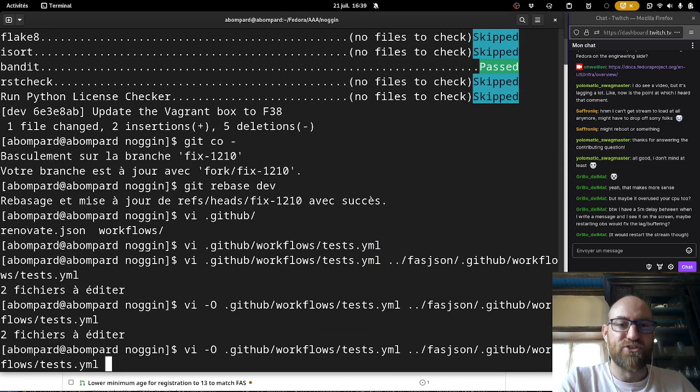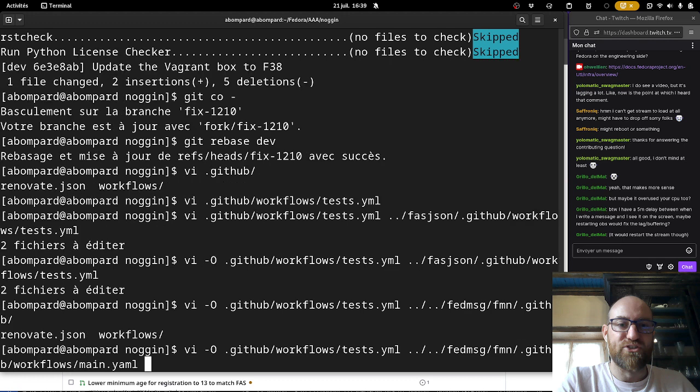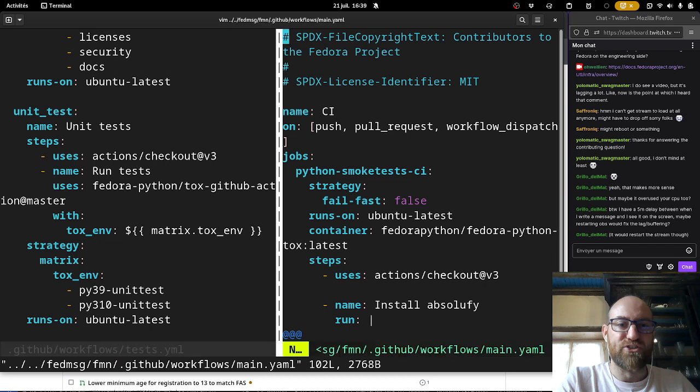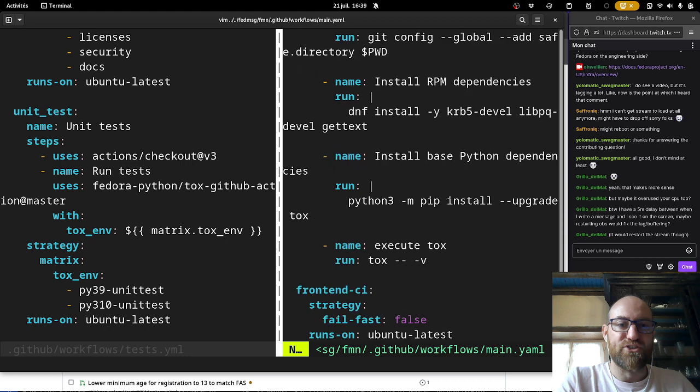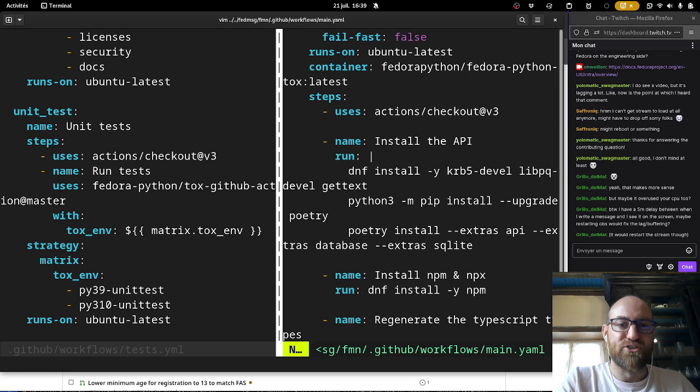Do we have the same thing in FMN? FMN is a bit more recent. We don't, because we are running tox ourselves.